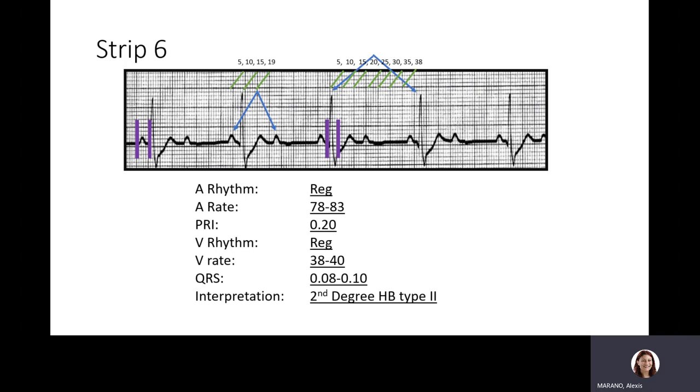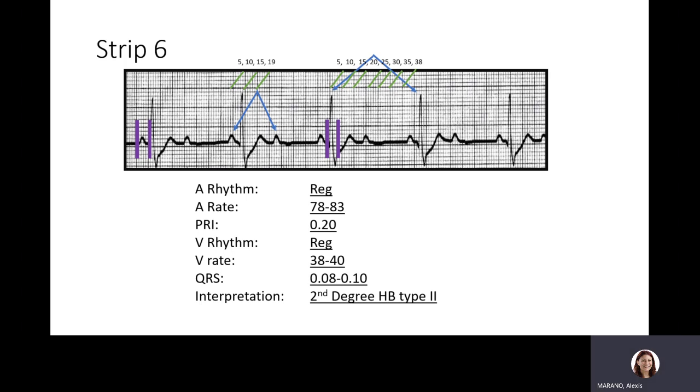Strip number 6. Our atrial rhythm is regular. Our rate, we get between 78 and 83. Our PR interval is measuring 0.20. Ventricular rhythm is also regular. Our rate is between 38 and 40. Our QRS complex is measuring 0.08 to 0.10. And so here we have